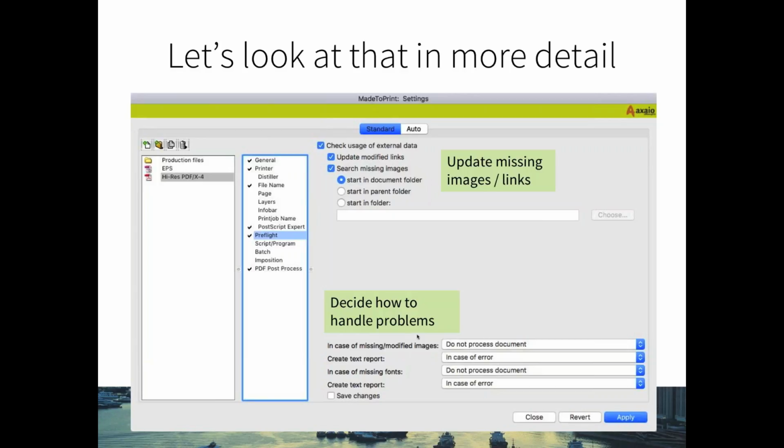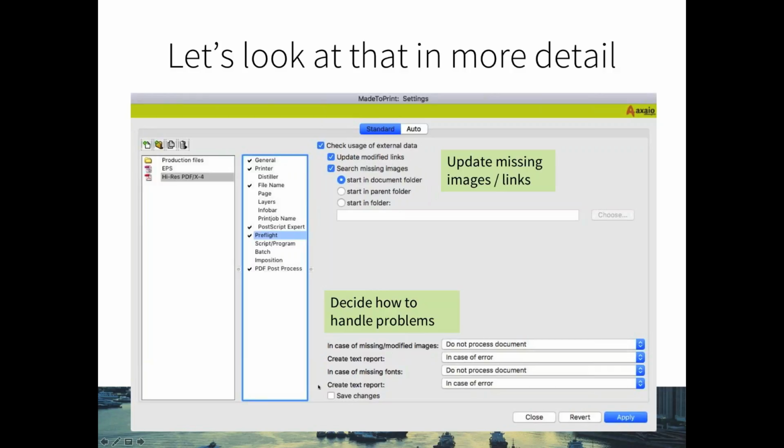It can be in the parent folder of that QuarkXPress document, or it can be somewhere completely different. If all of the images are stored on a central server, for example, then I could specify that location in the folder, and then MadeToPrint would make QuarkXPress look for those images in that folder, update them automatically, and then generate